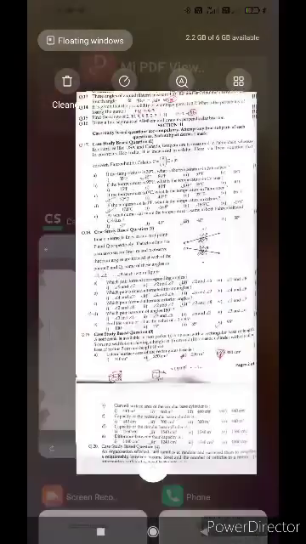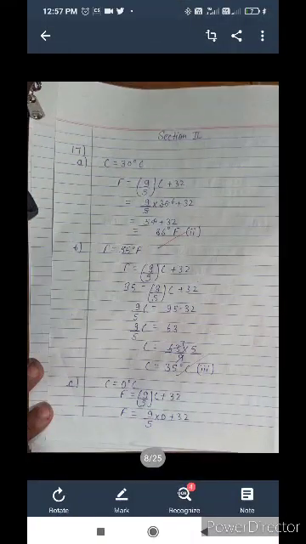In the second part they are saying if the temperature is 95 degree Fahrenheit, then we have to convert it into Celsius. So again that is F equals 9 by 5 C plus 32. We will keep the value of Fahrenheit as 95, then 9 upon 5 into C plus 32. So it will be 95 minus 32. So we will be getting 9 upon 5 C equals to 63.